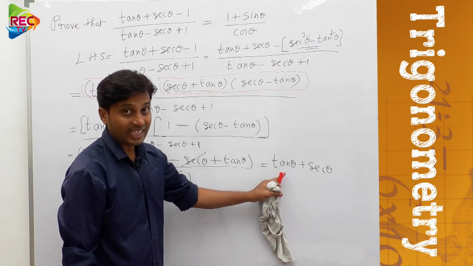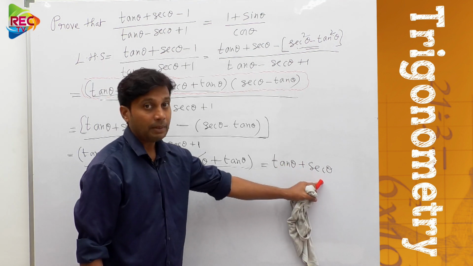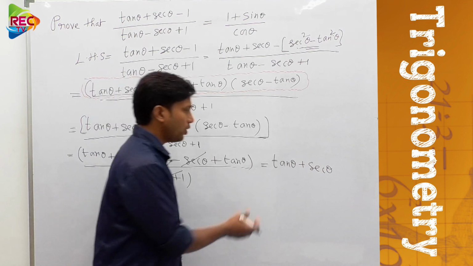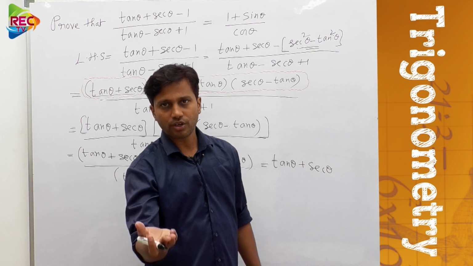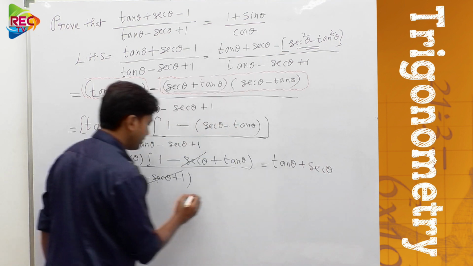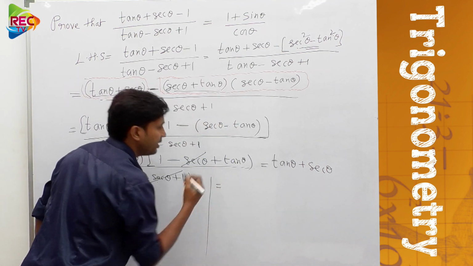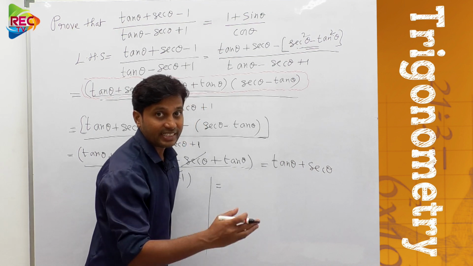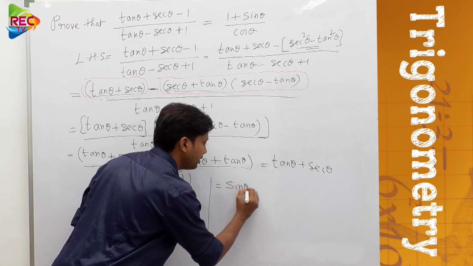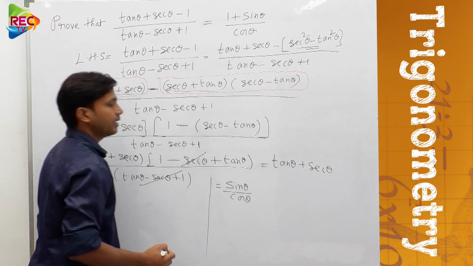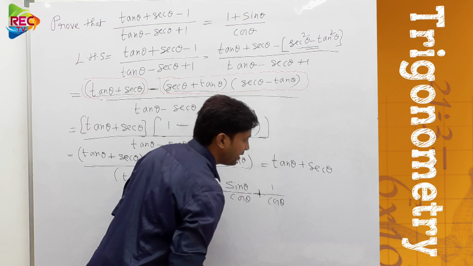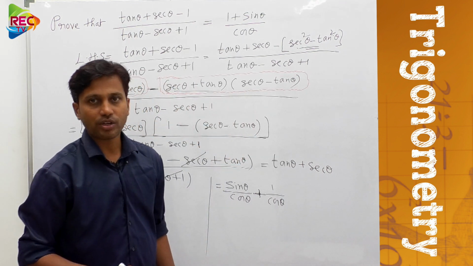Here we obtained the answer in terms of tan and secant, but the answer is given in terms of what? Sin and cos. Is it easy to convert them or not? Yes, exactly. Now convert this tan theta into sin theta and cos theta, and convert secant theta in terms of cos theta. How can we convert it? Just see this here. Tan theta can be written as what? Sin theta by cos theta, because it's a ratio of sin to cos. So we can write this as sin theta by cos theta, right? Plus secant theta can be written as what? 1 by cos theta, as we know that secant theta and cos theta are reciprocals of each other, right?